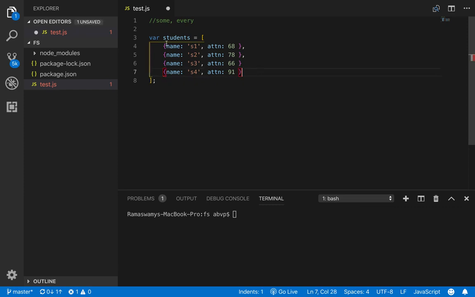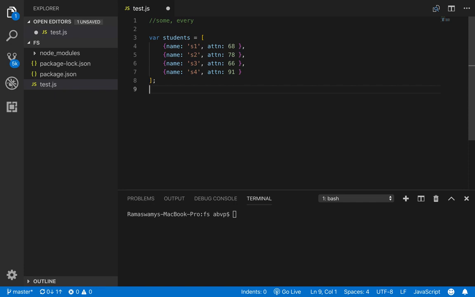So we have a students array containing 4 students, S1, S2, S3, S4, having attendance 68, 78, 66 and 91, all greater than 65. Okay. Now let us make use of some and every.